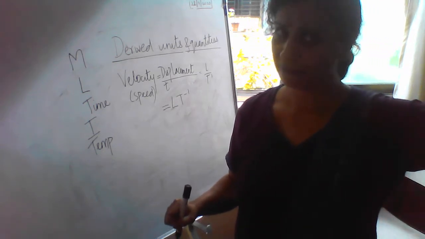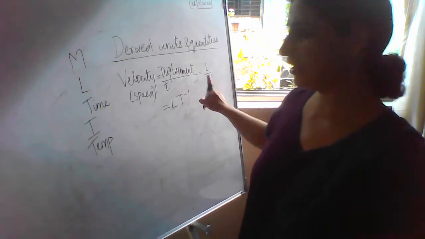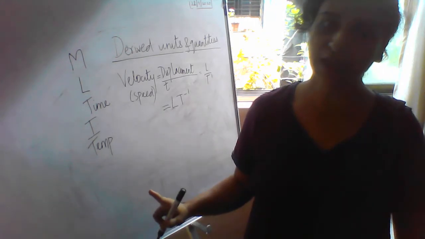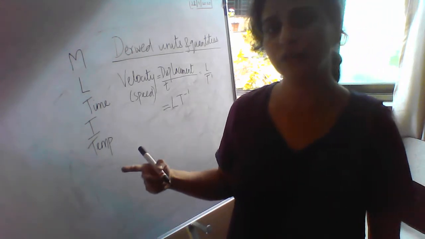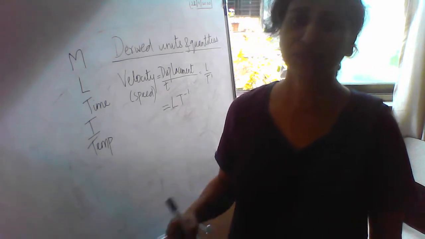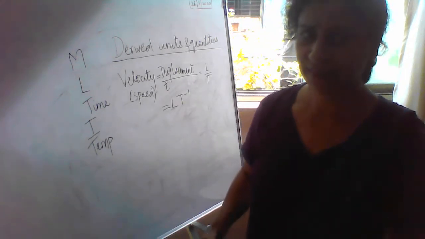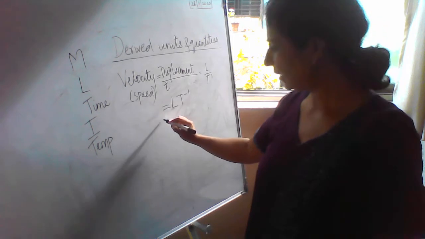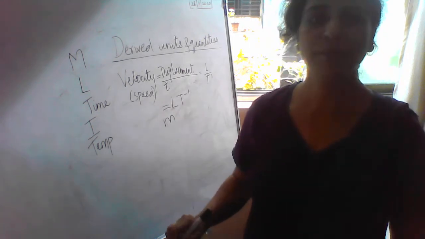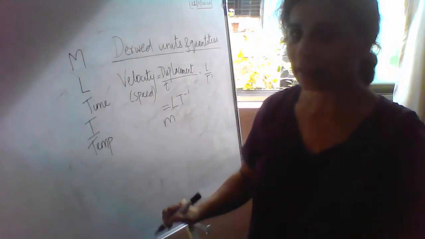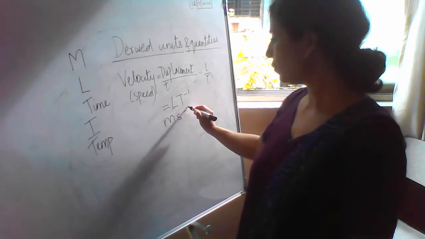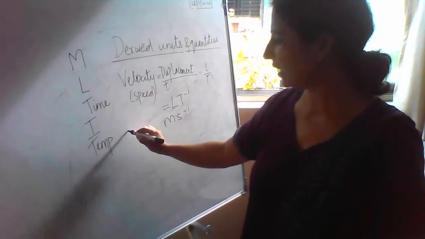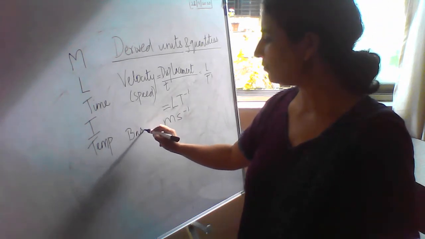If you are getting very much confused, you can leave it here. But for complicated quantities, you need to move it to the numerator. What is the base unit of length? SI unit, meter. What is the base unit for time? Second. So what is the base unit? This becomes the base unit for